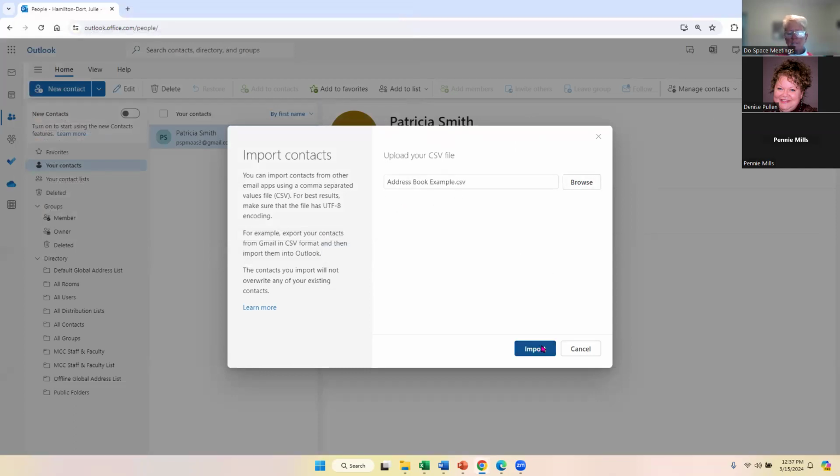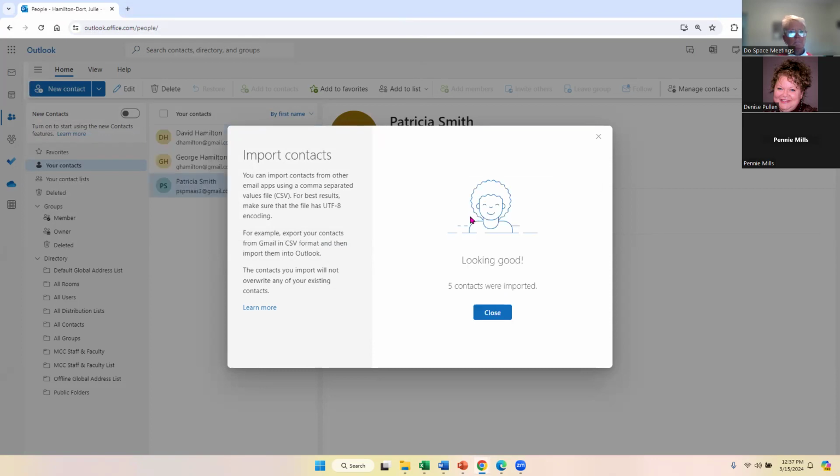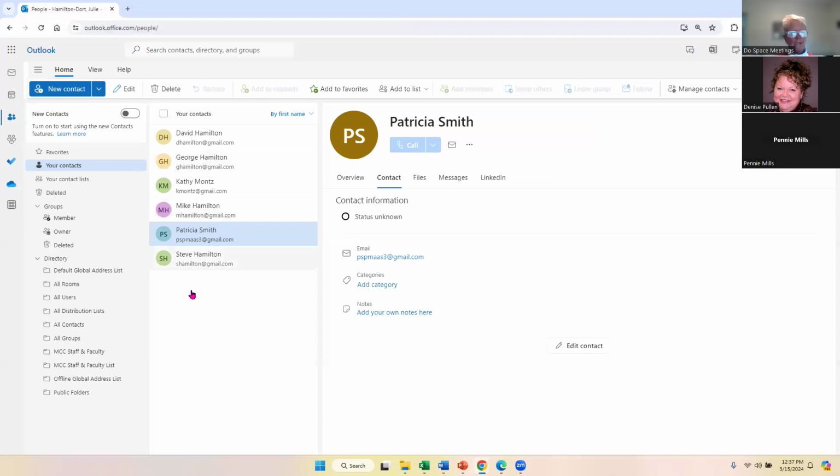I can tell it that I want to import this. Five contacts were imported. Okay, I'm going to go ahead and click on close. And you can see that I have my 5 contacts right over here. So if I go back to my email